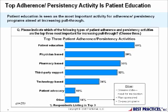We observed that adherence persistency program opportunities, especially those involving patient education, are well understood and widely used across the industry. We also saw evidence of increased commitment to improving patient persistency in critical care therapeutic areas through the use of therapeutic area educators. In fact, 57% of participants either agreed or strongly agreed that therapeutic area educators can have a positive influence on pull-through results. And some companies are bringing these educators on staff where patients have a chronic condition such as diabetes. Companies are also working